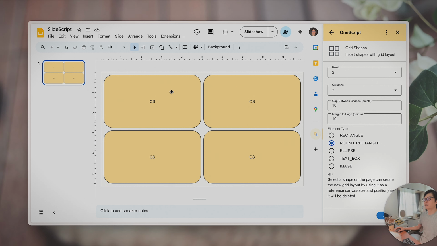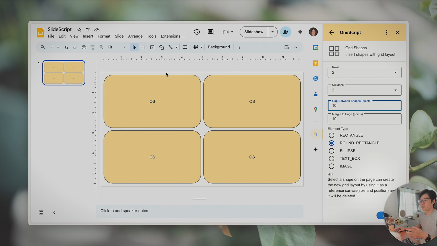So basically the script is going to do the calculation, and with the basic design, the width of your page, the height of your page, and the margin you gave them, and the gap you gave them, and the rows and the columns. And the script is going to do the calculation, and basically going to do the grid layout for you for all of the shapes here. Okay, so in this way,